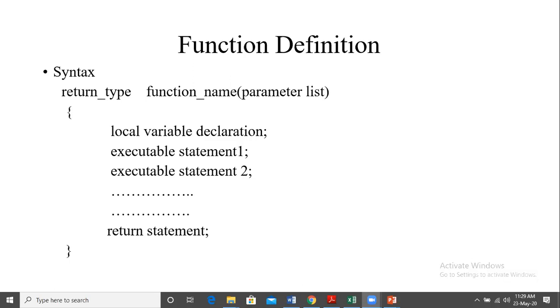So main will call this function. So main becomes the calling function. This is a called function. Like we say, the teacher is the person who is calling, and the student is the person who is called. So the student is going to do the task, find out if the classroom is empty, and come and tell the answer, yes, the classroom is free or it is occupied, right? So like that, this return will return the answer to the calling function. So main will call this and ask to do some task. It will complete that task and come back and tell the answer. Is this part clear? I've just outlined the concept of function. Till here, is it clear?